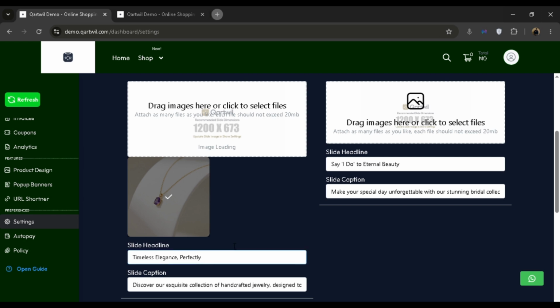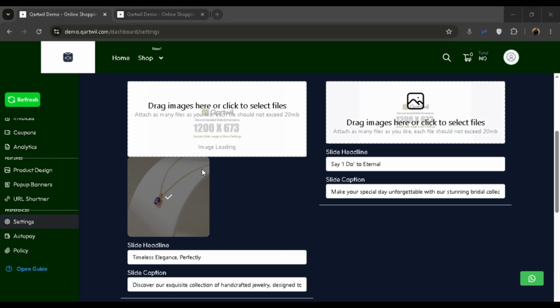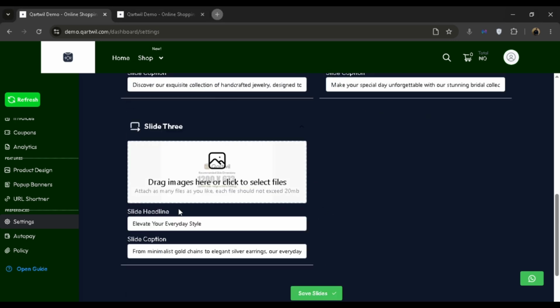I'm going to remove beauty from here also, and I'm just going to select another image, and I will do the same for the third. Okay,